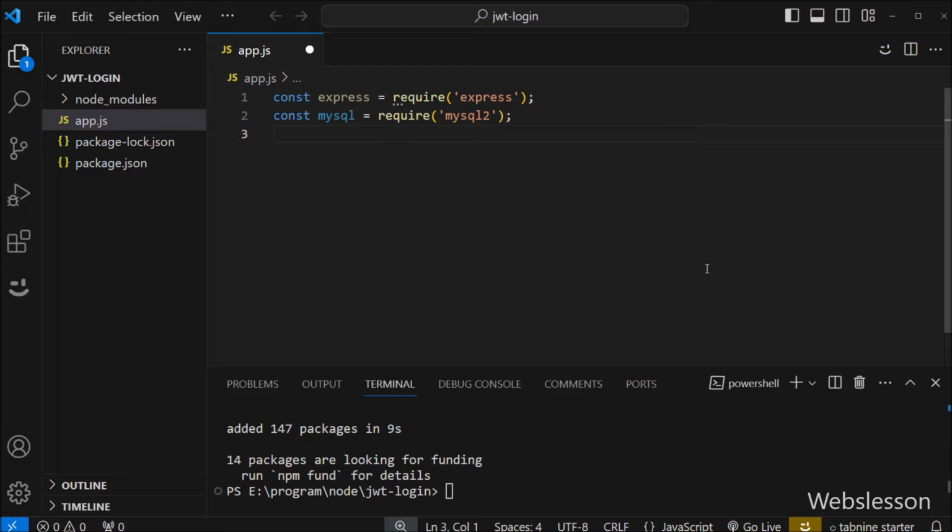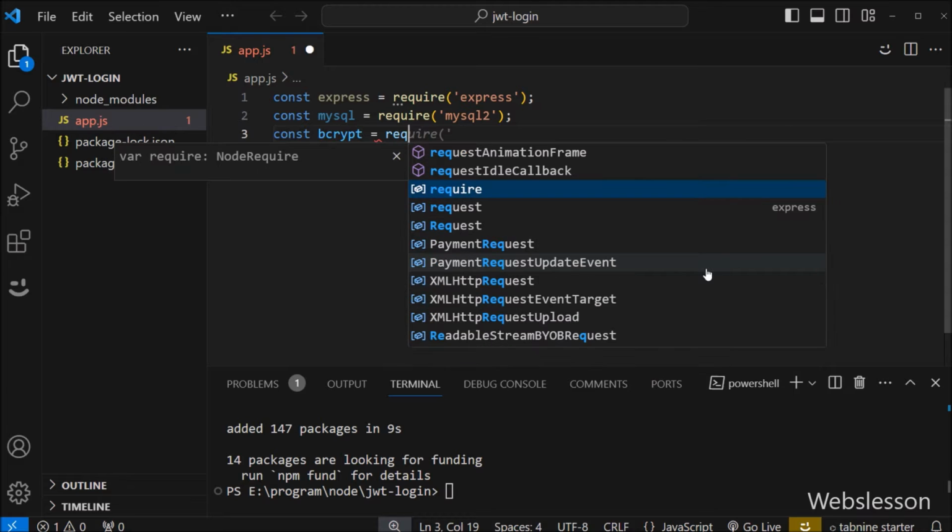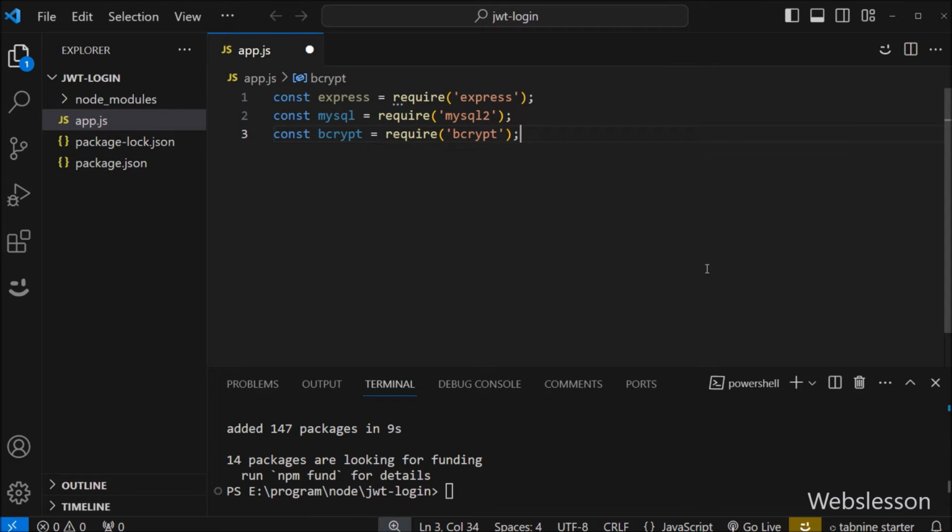Now we include the Node bcrypt module, which is used for password hashing and encryption in web applications. Lastly, under this, we include the JSON Web Token library, which is a crucial tool for implementing JSON Web Token in our application. JSON Web Token provides a secure way to transmit information between parties as a JSON object, and JSON Web Token enables us to create, sign and verify these tokens, enhancing the authentication and authorization mechanisms of our registration